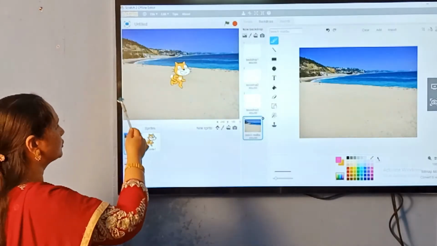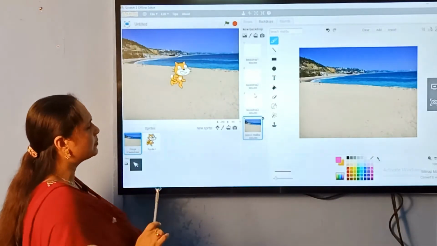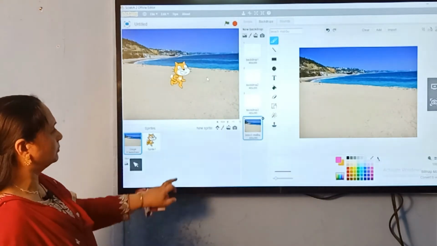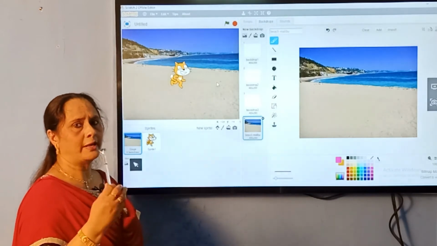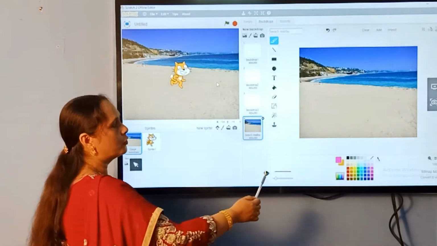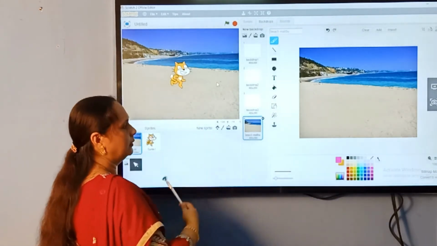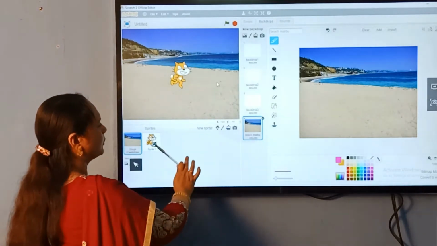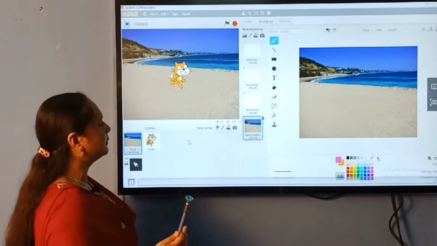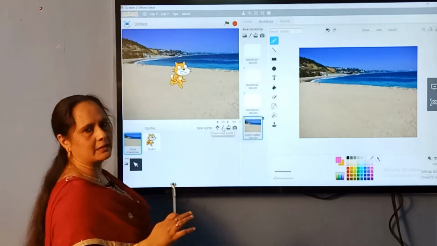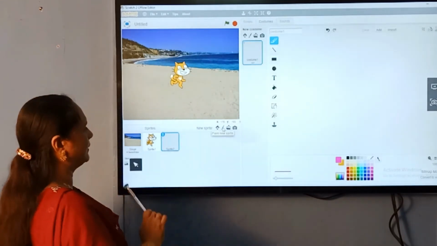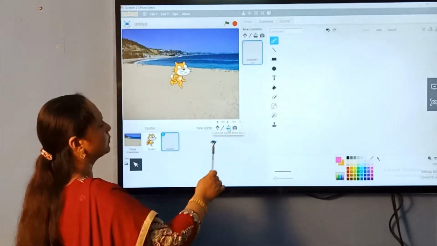Okay, then you also have so many themes. Apart from this, you can even draw your own character. If you are very good at drawing, you can use the drawing tools to draw the sprites. Then the next one is file. From the internet you can download any image; if you want any scientist photos you can get them too. Clear, children? Next one is a photo.